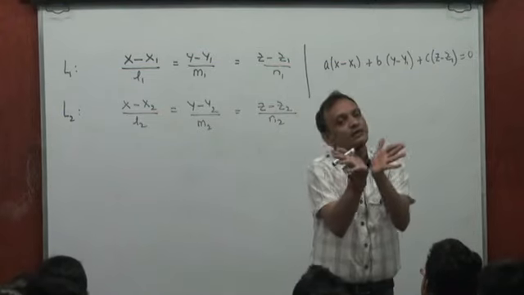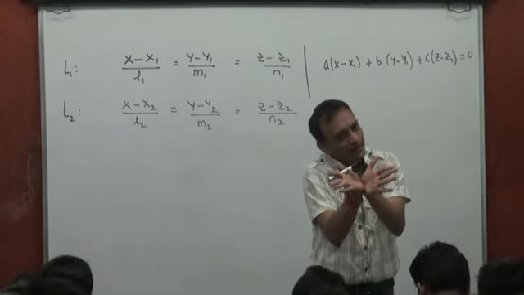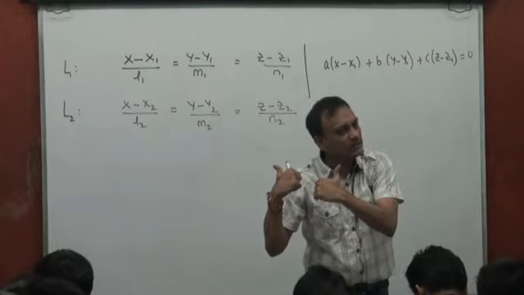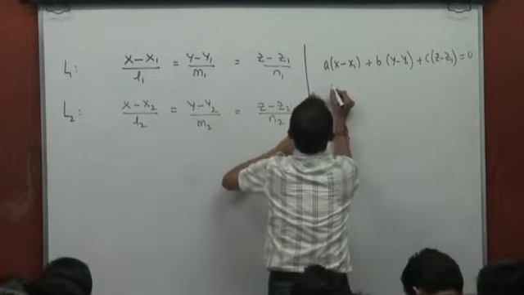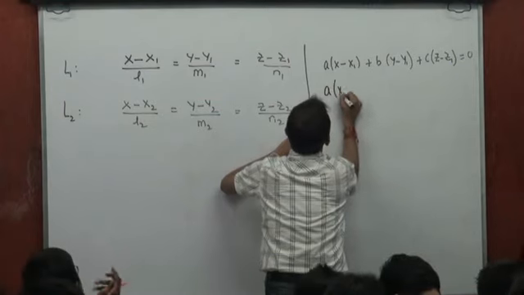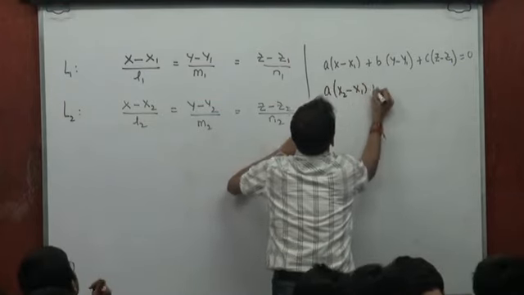We are seeking a plane containing both L1 and L2. So it will pass through both x1, y1, z1 and x2, y2, z2. For its passage through x2, y2, z2, we must have the following condition met: x2 minus x1,